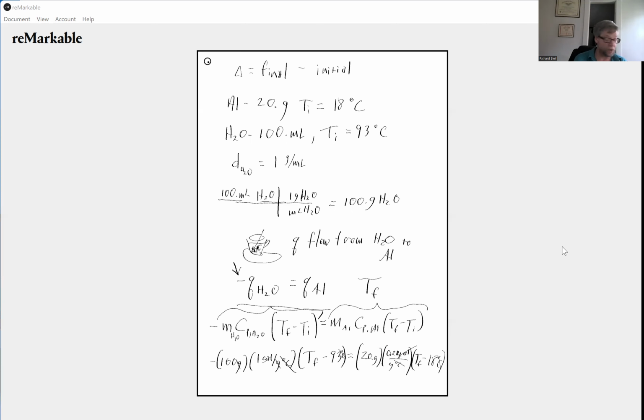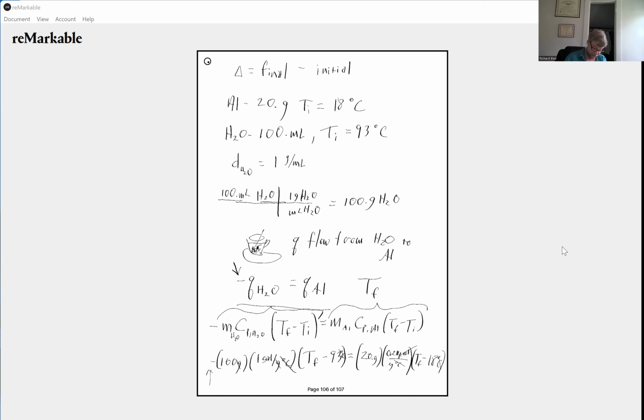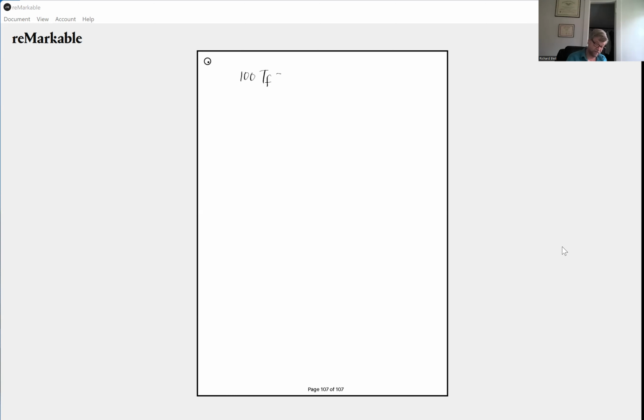Maybe I am going to go through and do it real quick. Different people would solve this different ways. Here's how I would solve it. So we have 100 TF. Whoops. Look, I already made an algebraic error. I forgot this negative sign. So we have negative 100 TF